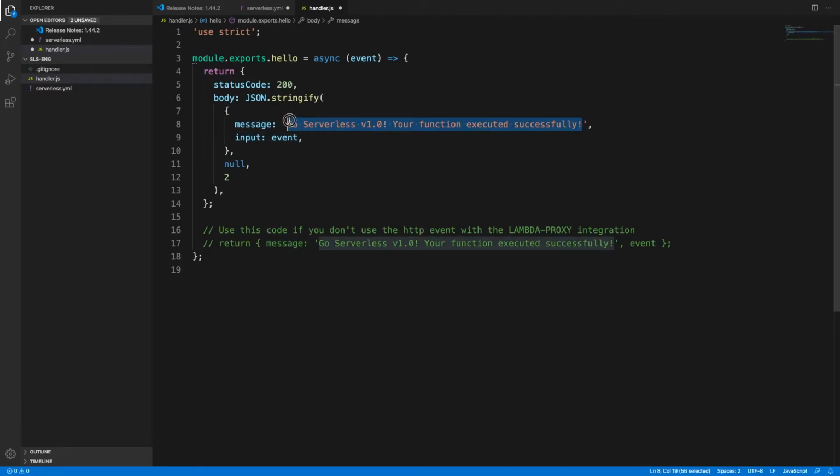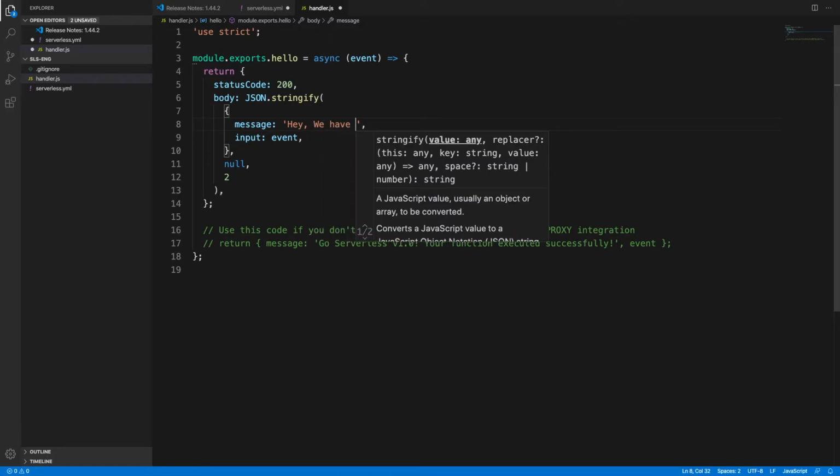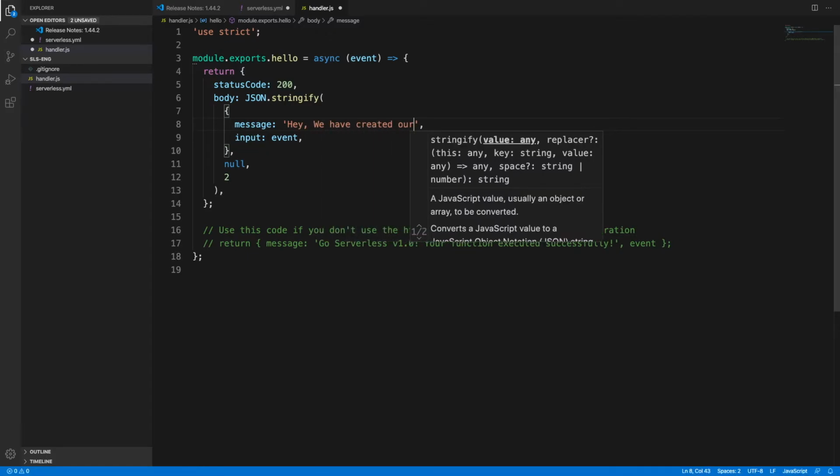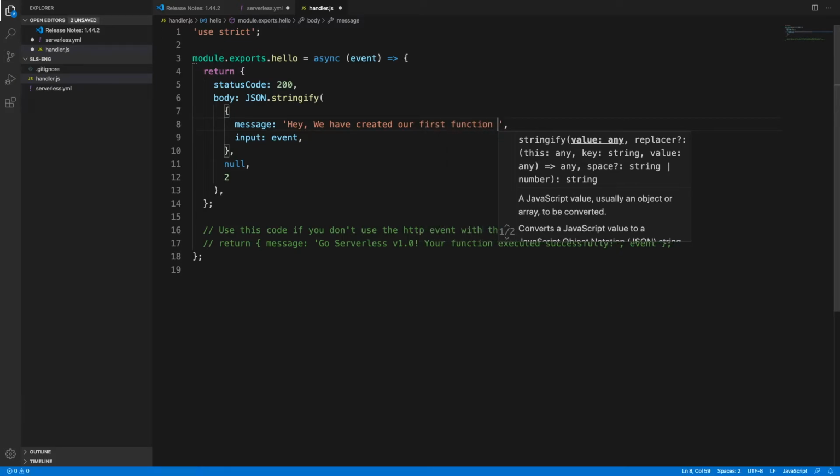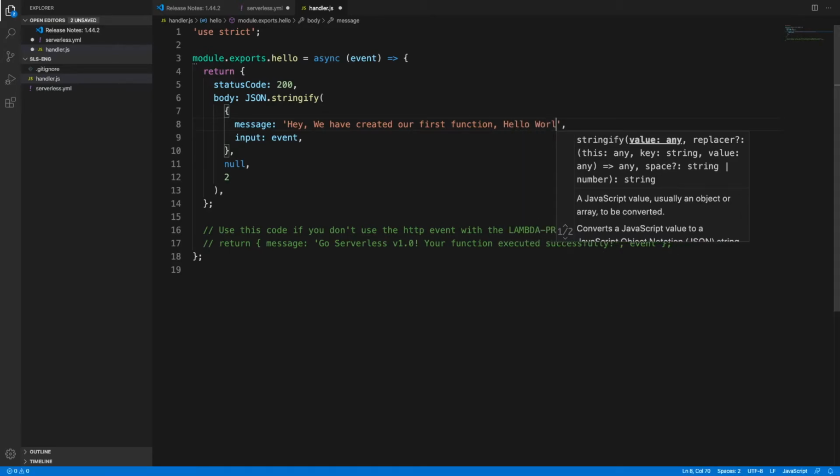I'm going to remove this message and write here, hey, we have created our first function. And of course, how can we forget this? Hello world.